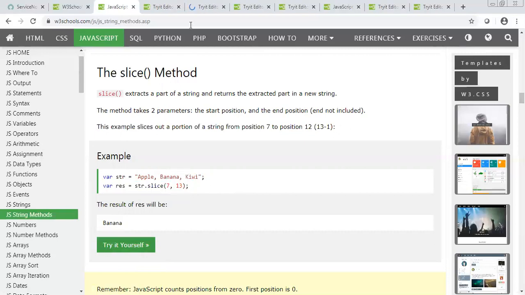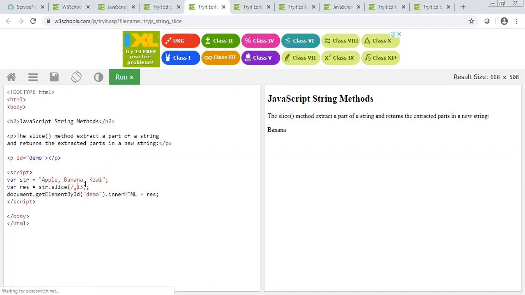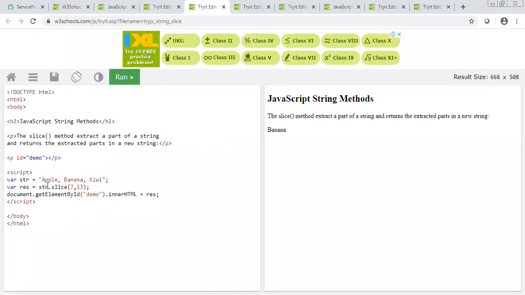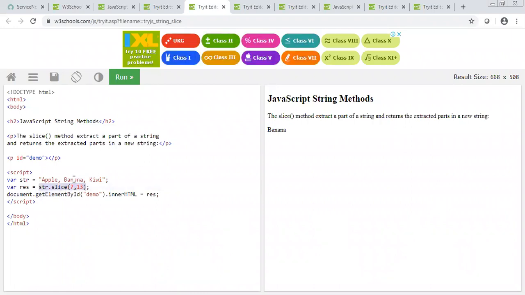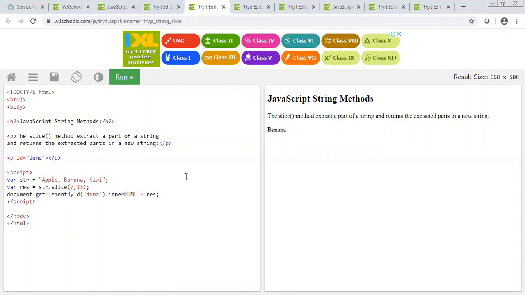So if you see, here we have apple, banana, kiwi, and we are doing string dot slice 7 to 13, and it is printing banana. So what we are saying is, give me a word which starts from index 7 and ends at index 13. Basically, to get a part of a string.